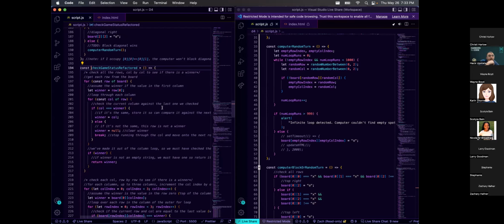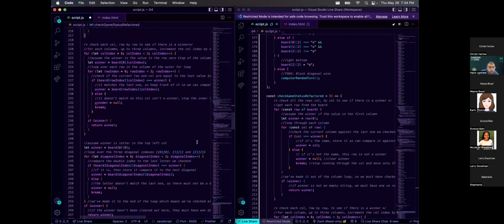Let's go down to there. Let winner is 0, call index, while row index is that and that. Check board index, row index, set the winner. I don't know about you, but I don't want a winner. Oh, did I do that again? Where is it? 232. Not the first time I made that mistake. Cool.